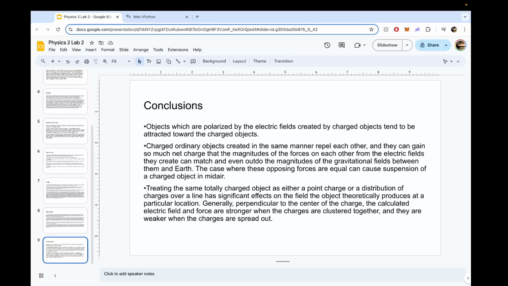And here are my conclusions. Objects which are polarized by the electric fields created by charged objects tend to be attracted toward the charged objects. Charged ordinary objects created in the same manner repel each other, and they gain so much net charge that the magnitudes of the forces on each other from the electric fields they create can match and even undo the magnitudes of the gravitational fields between them and Earth. And then treating the same totally charged object as a point or distribution of charges over a line